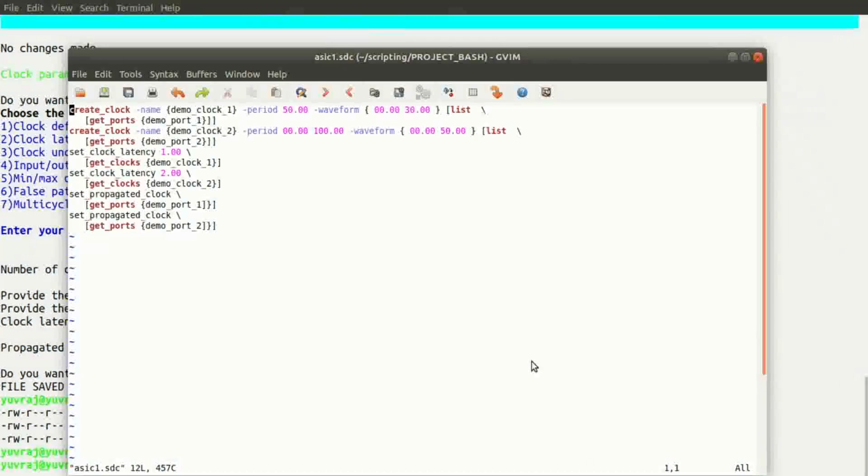As you can see here, the clock definition commands have been added in the top two lines, which is create clock. And the latency command, which we gave the value as 1.00 and 2.00, has been added after that. And the set propagated clock, which uses the port name of the clock defined simultaneously to the clock as its